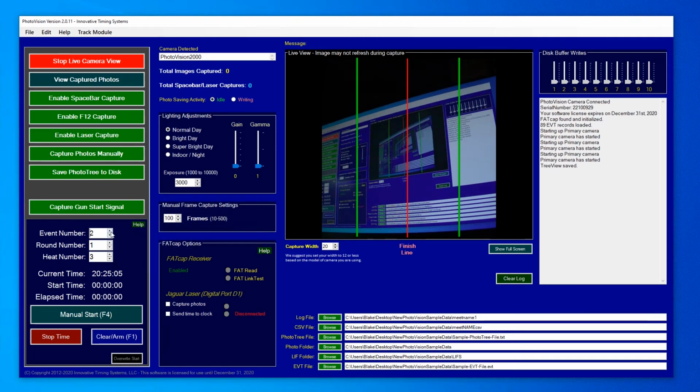So we're ready to time our next heat, which, as I just showed you, is going to be event 3, heat 1. And I have in front of me a fat cap. I've got it plugged in. It's showing that it's in